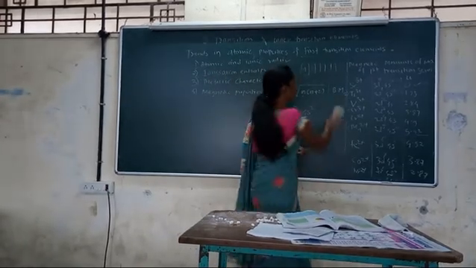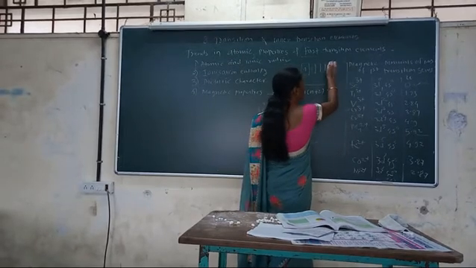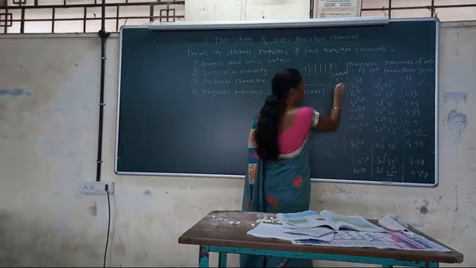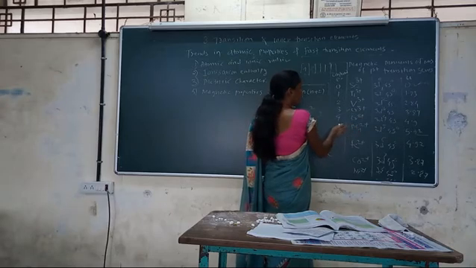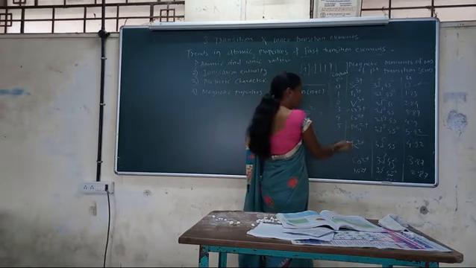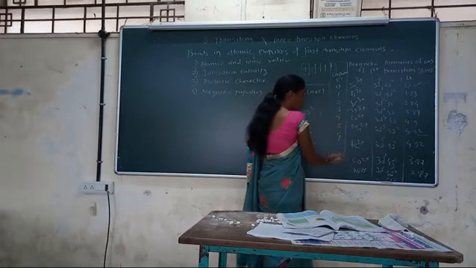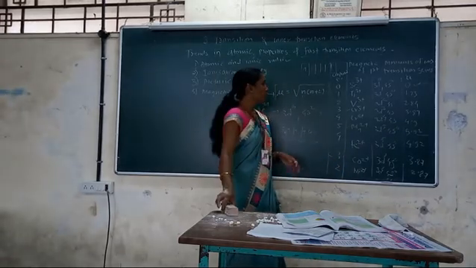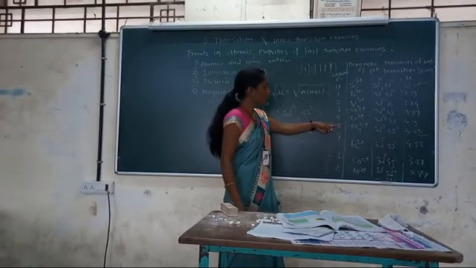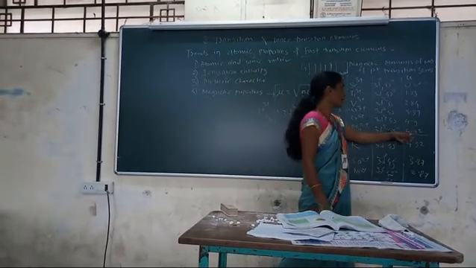So the number of unpaired electrons decreases. Here, scandium has 0 unpaired electrons, titanium 1, vanadium 2, chromium 3 plus 3, chromium 2 plus 4, manganese 5, and then decreasing again: Fe 2 plus has 4, cobalt has 3 unpaired electrons, nickel 2. That is, the number of unpaired electrons is highest in manganese. Therefore, it is strongly magnetic in nature.